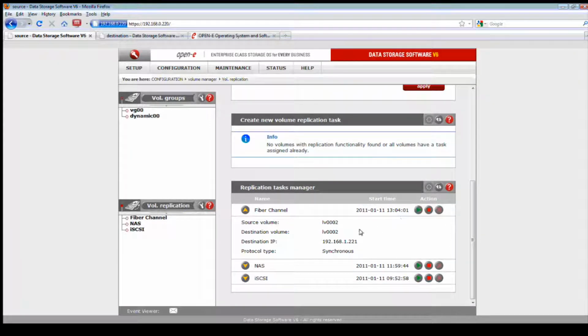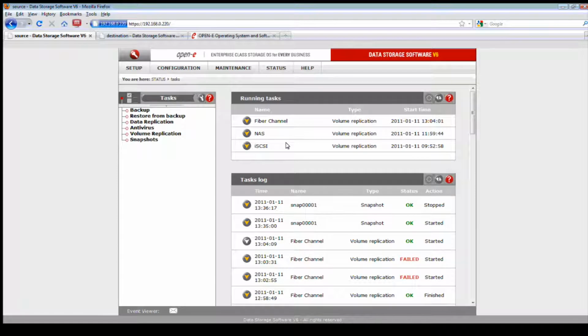Now you'll see here I've got a Fibre channel, NAS, and iSCSI. When you click on the play button, you want to verify that they are in synchronous mode, that they are assigned properly, and then verify that they're consistent. So before you start sending data to the targets, or to your NAS volumes, or to iSCSI targets and Fibre channel, you want to make sure that these are consistent. So how do you check?